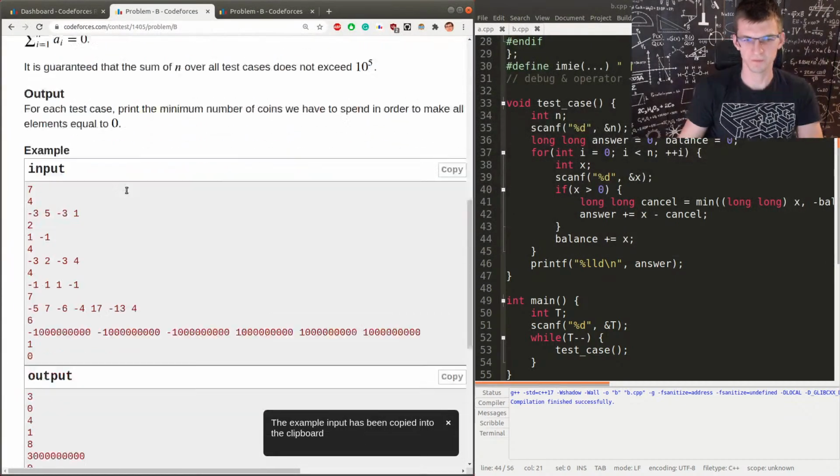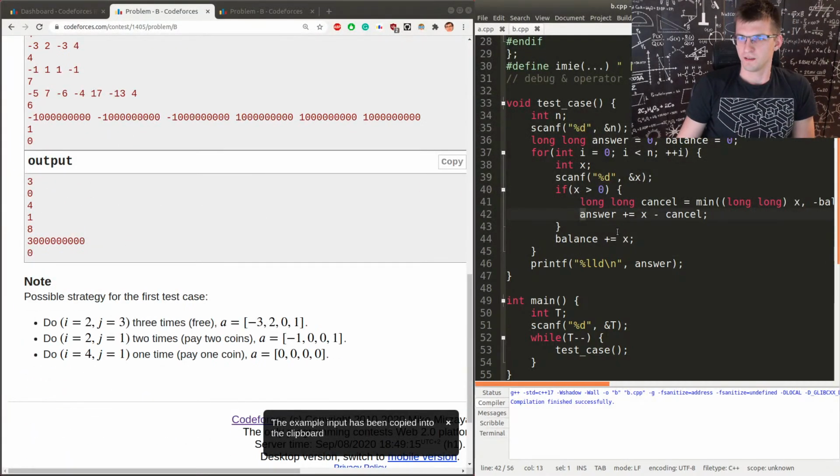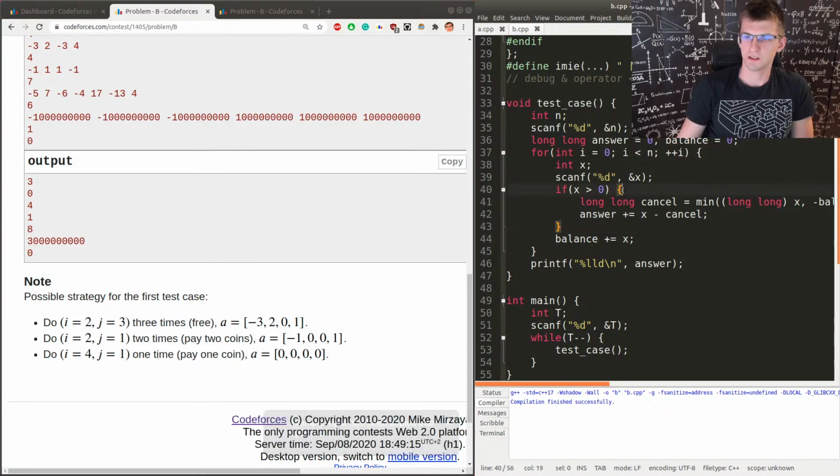Not even close. If x is greater than 0, and I see how much I move to the left. If it's negative, then I get